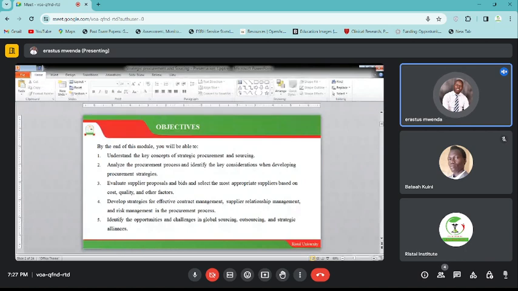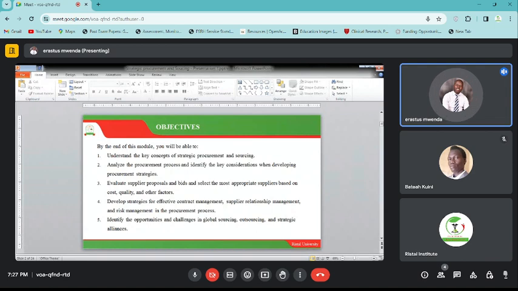Another reason for evolution of the strategy is appearance of fresh opportunities and threats. That is borrowed from our SWOT analysis criteria. I'm sure you could have heard these in other sessions. The strengths, the weaknesses, the opportunities. Everybody is looking at what opportunities can we explore as an organization.